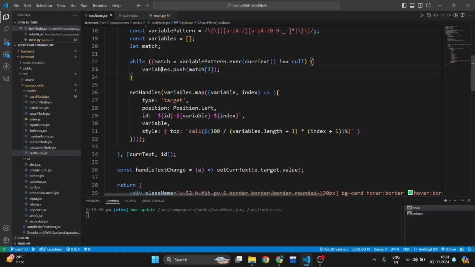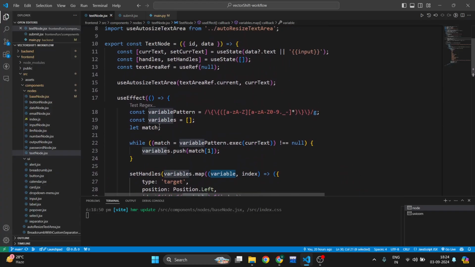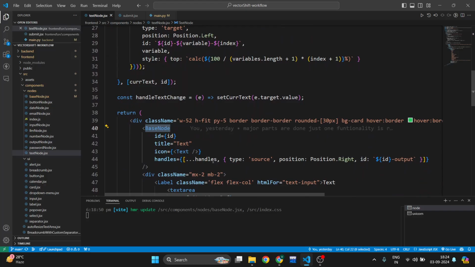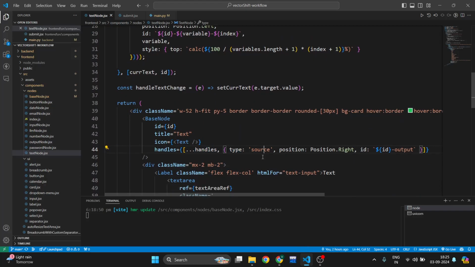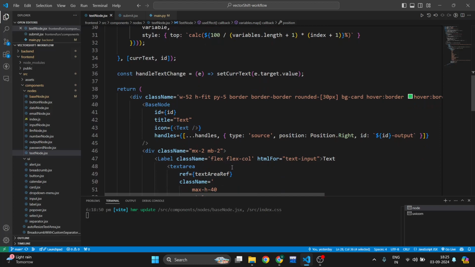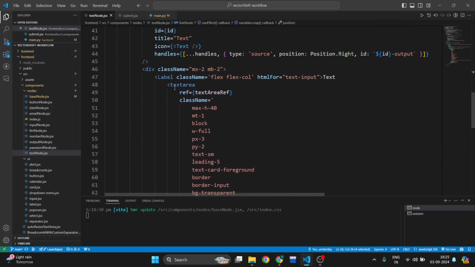If the pattern matches, we push it into the variables array, and we map through the variables and set the handles state, because we need to pass it through the BaseNode, and the BaseNode contains the handle so that it can be set dynamically. And we set the default position to the left side.